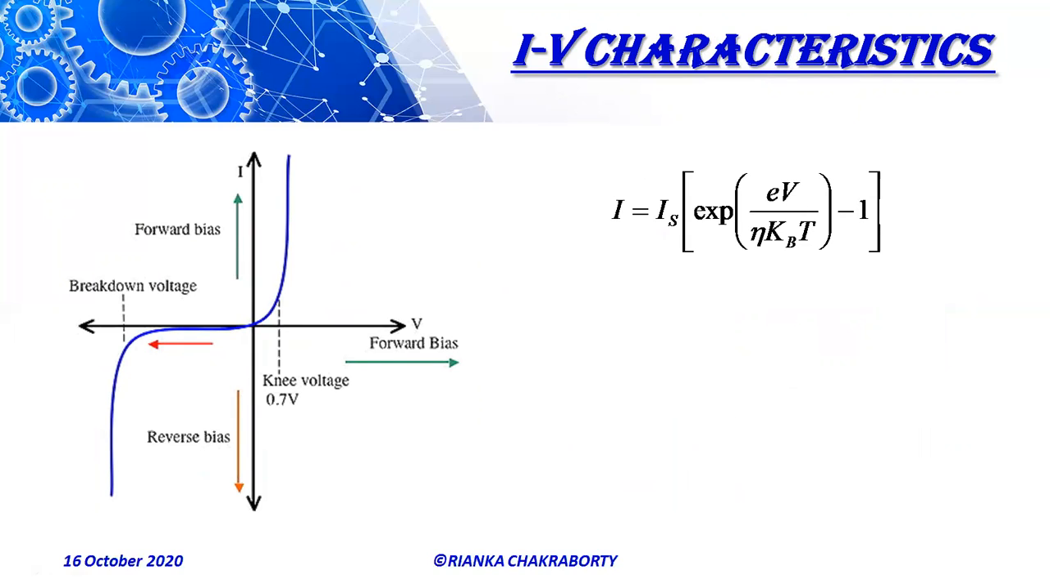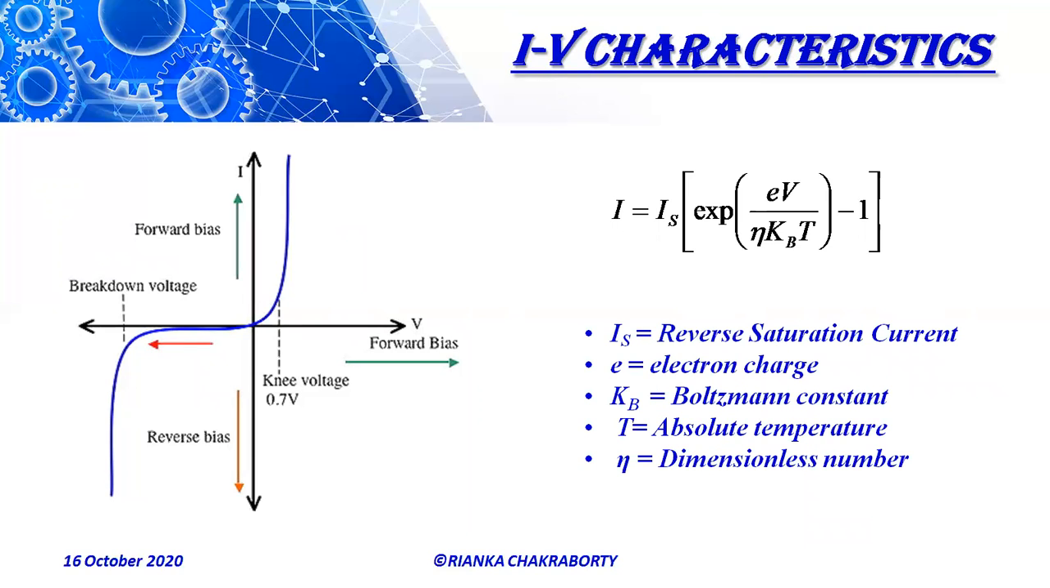Now, when a voltage V is applied across a PN junction, the total current I flowing through the junction can be shown to be given by the following equation, called the diode equation. That is, I equals Is exponential (eV by eta kBT) minus 1, where Is is the reverse saturation current,